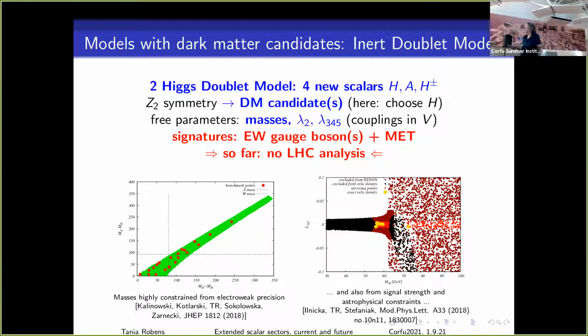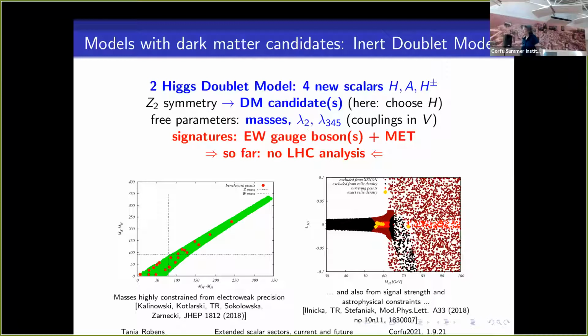So here I show you just an example of the remaining parameter space. This is the mass difference of the charged mass and the dark matter candidate, and here the neutral mass and the dark matter candidate. So you see that there's a relatively narrow stripe. You can also see, because the decays are to two electroweak gauge bosons, on-shell and off-shell regions for the decay product. And the red points are just some benchmark points which we devised in earlier work,